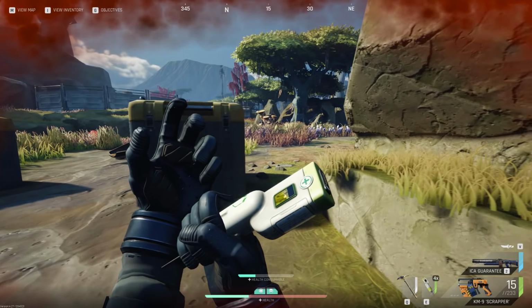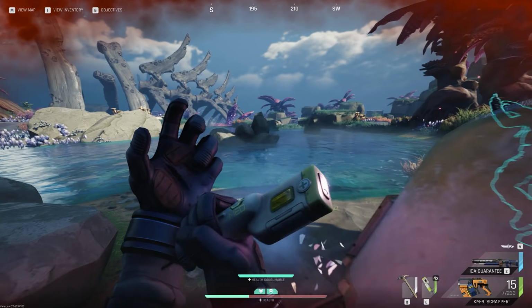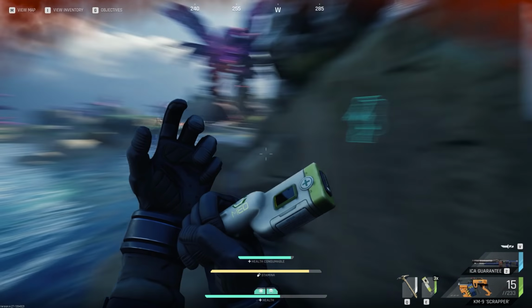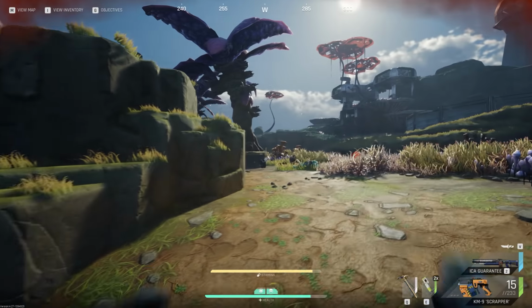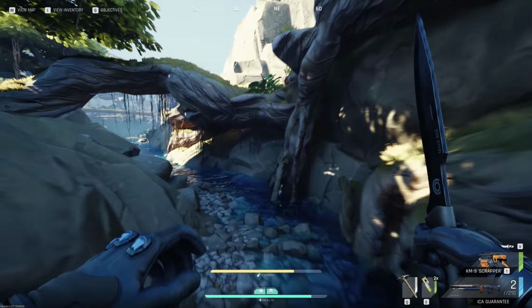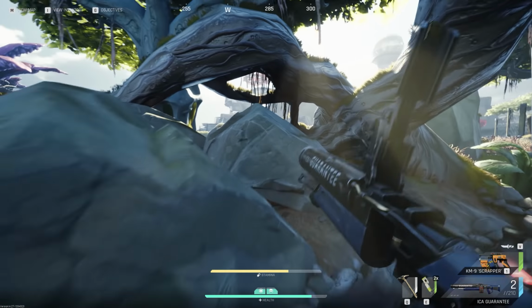I got lit up here, so I went back around the corner to heal a bit. And my friend finished off the first person I was engaging with, but then we got third-partied, and my friend died. And just like that, things can go south. So at this point, you have the decision. It's like, okay, so